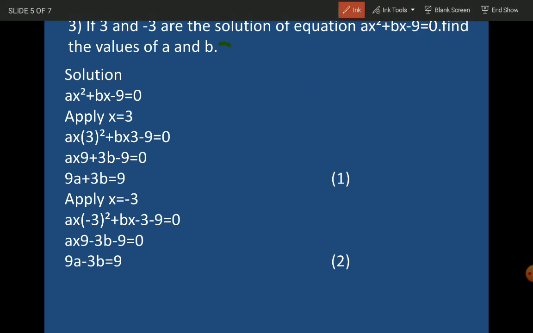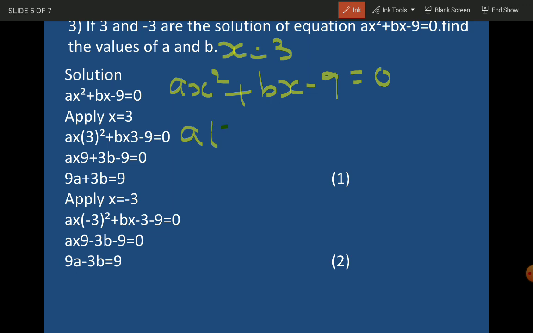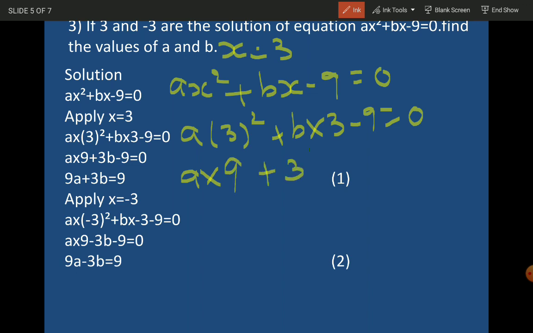First, they are given x is equal to 3. So by applying x is equal to 3 in ax square plus bx minus 9 equal to 0, we get a into 3 square plus b into 3 minus 9 equal to 0. 3 3s are 9, that means we multiply 3 two times. 3 3s are 9 plus 3 into b, 3b minus 9 equal to 0. Here we get 9a plus 3b